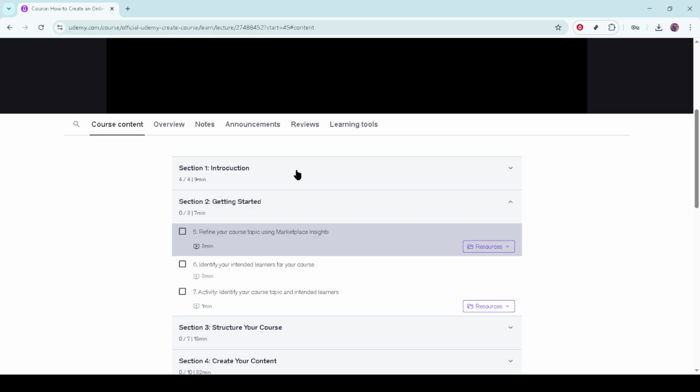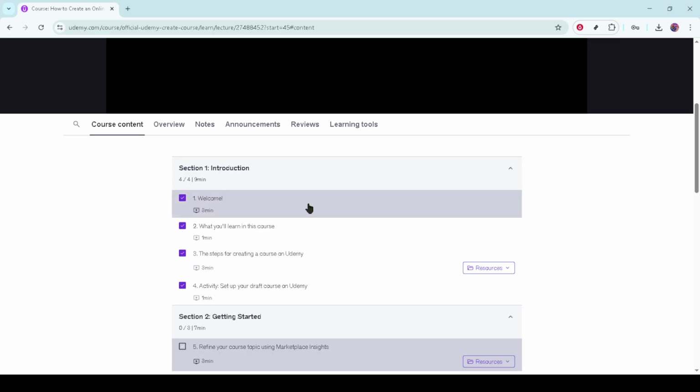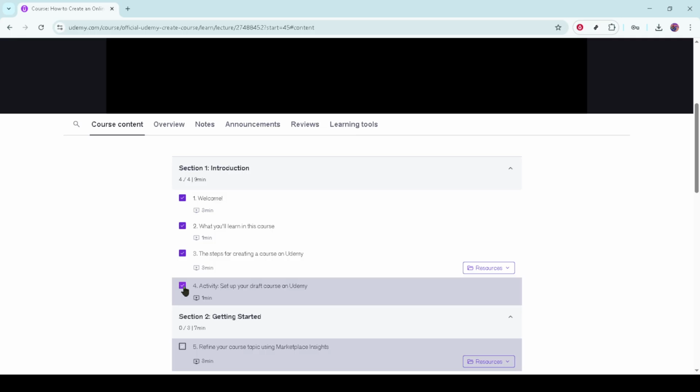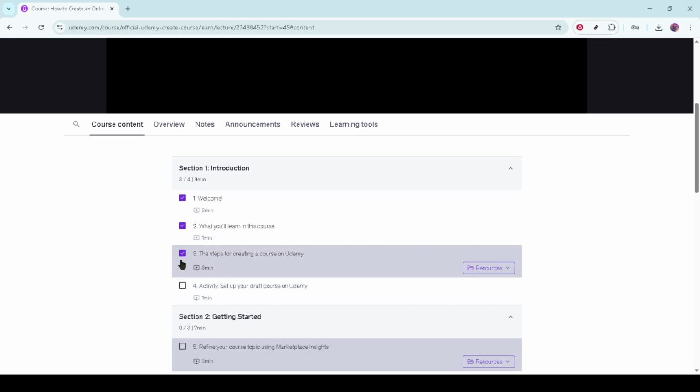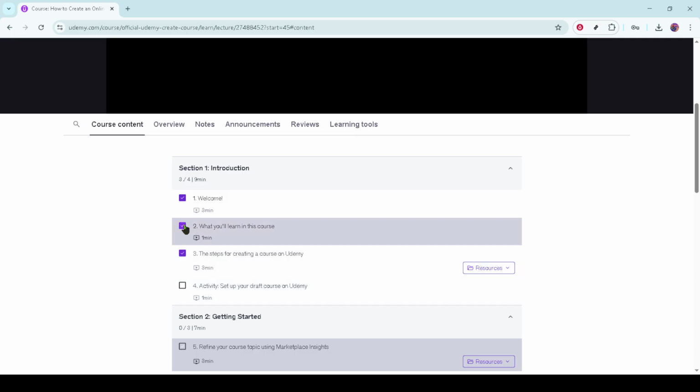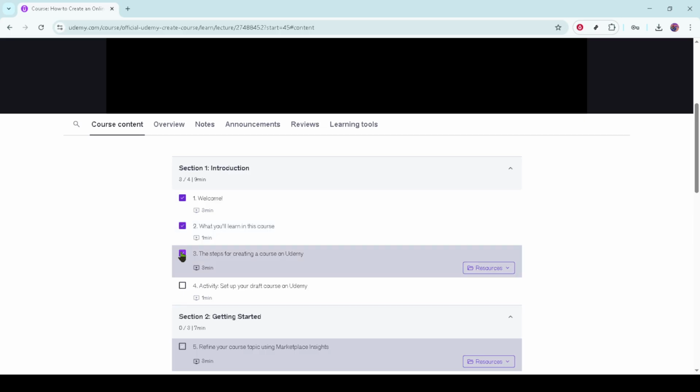These boxes might seem small, but they're mighty. They indicate which lectures you've completed. You're going to want to focus on these, as unchecking them is key to resetting your progress. Go ahead and click on any checked box you wish to reset. Doing this will unmark that specific lecture as complete.